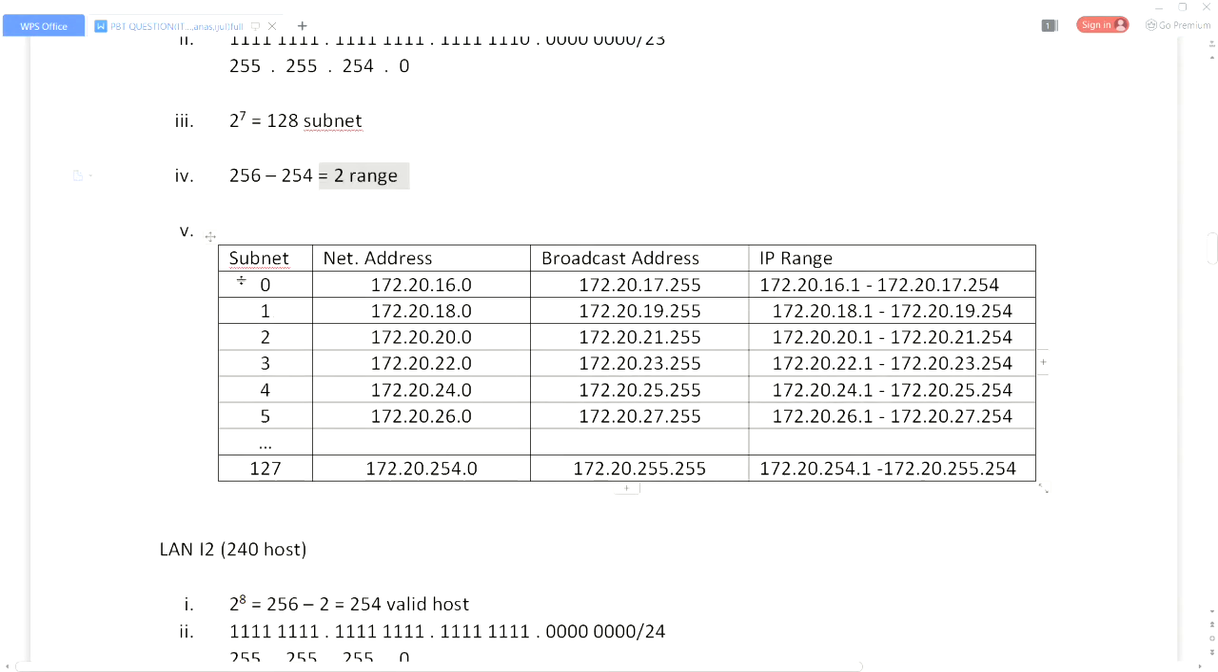And step 5, to draw a table, the subnet starting from 0 until 127, and the net address is 172.20.16.0, and we just plus 2 at class B until 172.20.254.0. The broadcast address we get from the net address, we plus 1 at class B, and we get 172.20.17.255